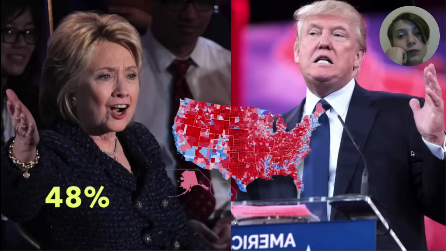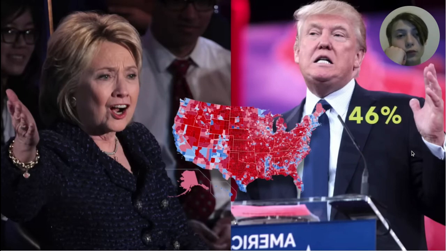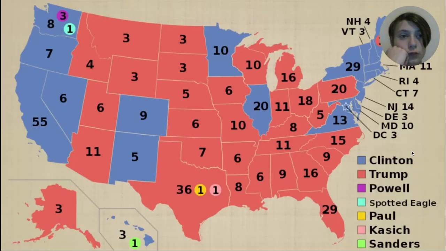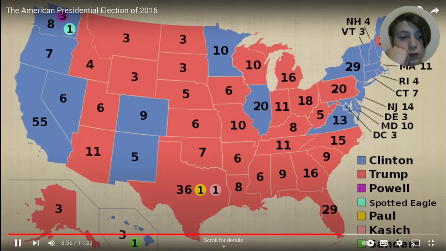But Clinton received nearly 3 million more votes than Trump did overall. She got 48% of the popular vote, while Trump got 46%. Needless to say, a bunch of people began complaining about the Electoral College again. And I see why, but